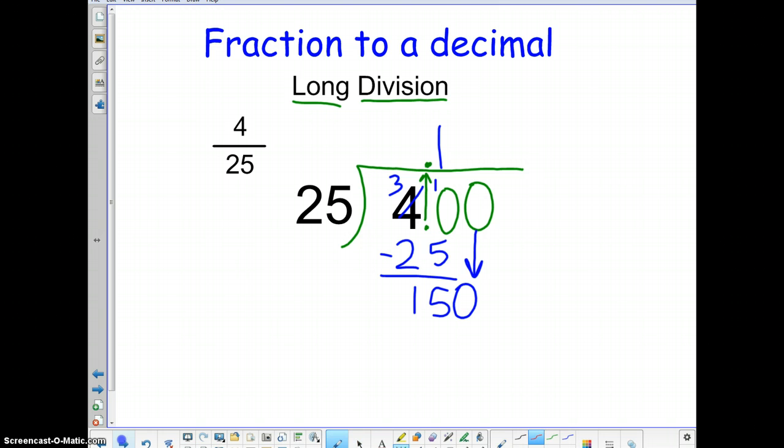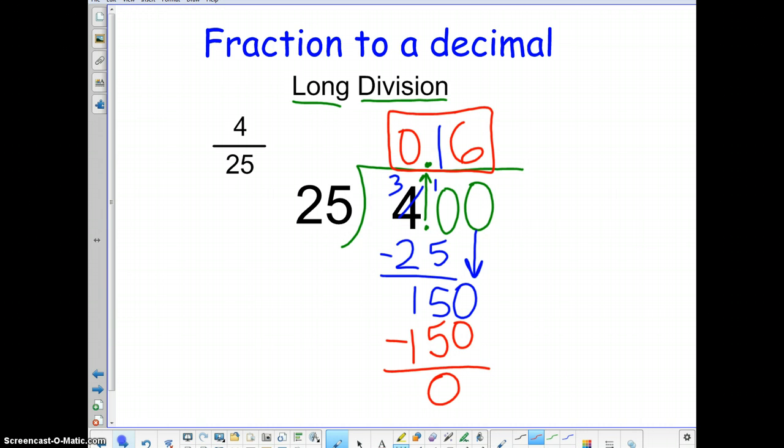Now we say, how many times does 25 go into 150? Well, if I had $1.50, how many quarters would I have? I would have 6 quarters. 6 times 25 comes out to be 150 exactly. 150 minus 150 gives us 0. So our answer would be